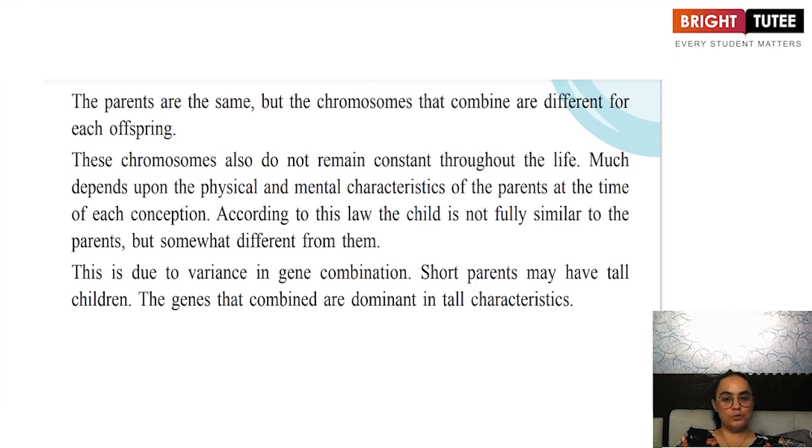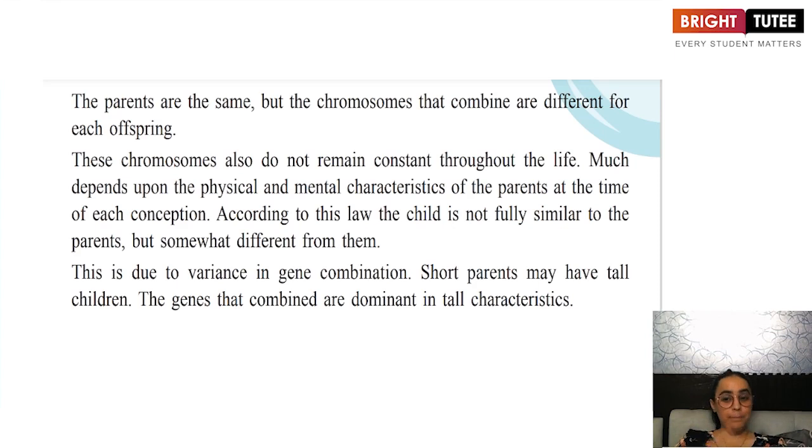Now these chromosomes are not going to remain the same throughout life. A lot of it depends on the physical as well as the mental characteristics of the parents. So how physically and mentally sound were the parents at the time of conception is going to determine the production of an offspring. So according to this law, the child is not going to be similar to the parent, but will